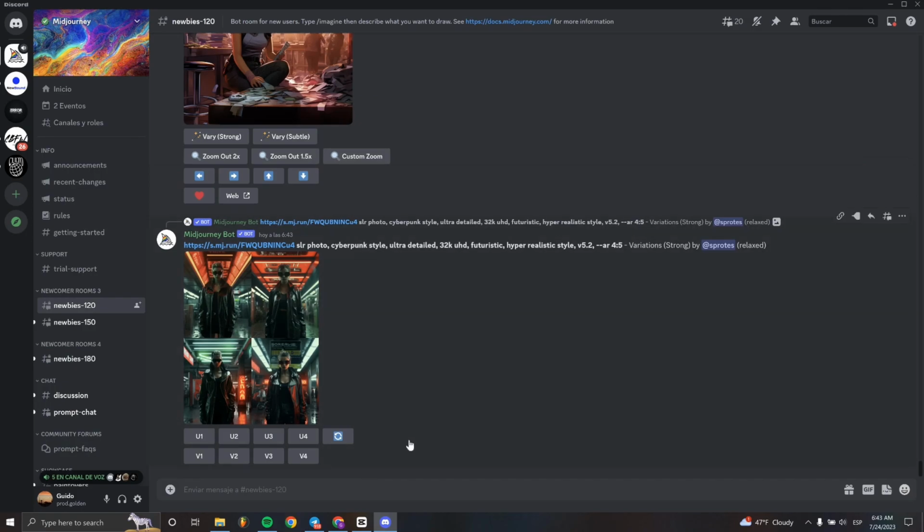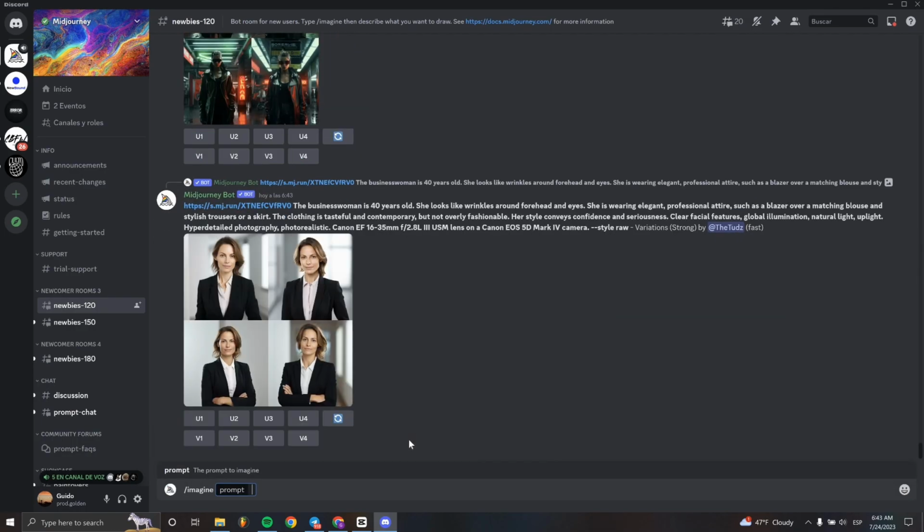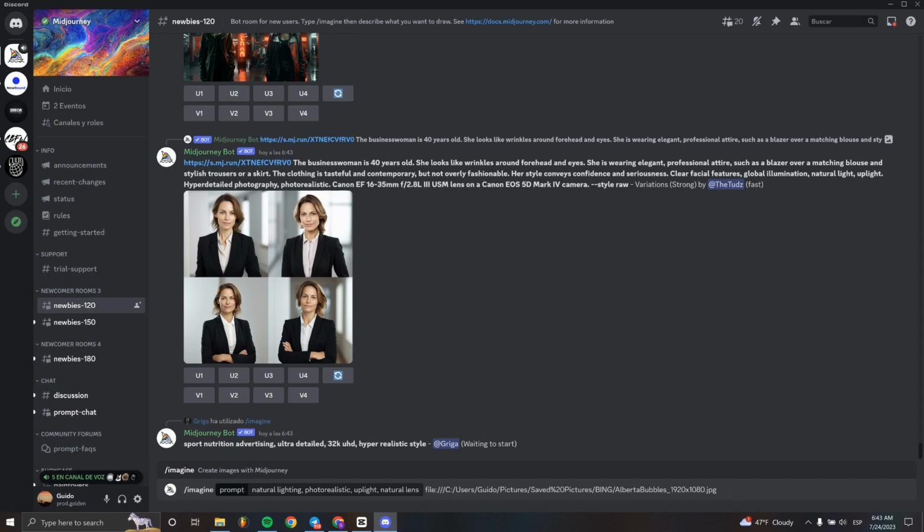So here you just have to put slash, you put imagine, and here we have to put the prompt. This could be anything that you want to change on the image. So for example, we can put natural lighting, for example, photorealistic. We can put uplight, we can put natural lens, and so once we have the prompt, we just copy the URL that we copied before of the image, and here pay attention, you have to put enter and slash,